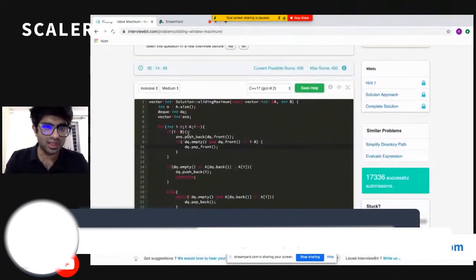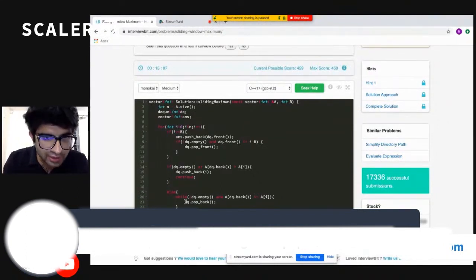Nice. But what about the last element? When I'm at the last element, I haven't updated the answer for it, so I need to update it here. My answer will be the deque's front.